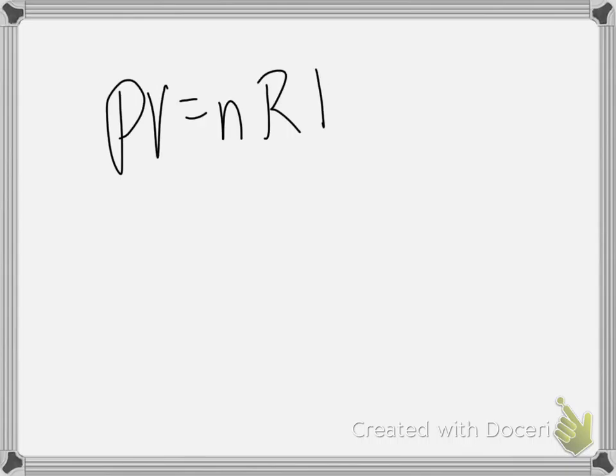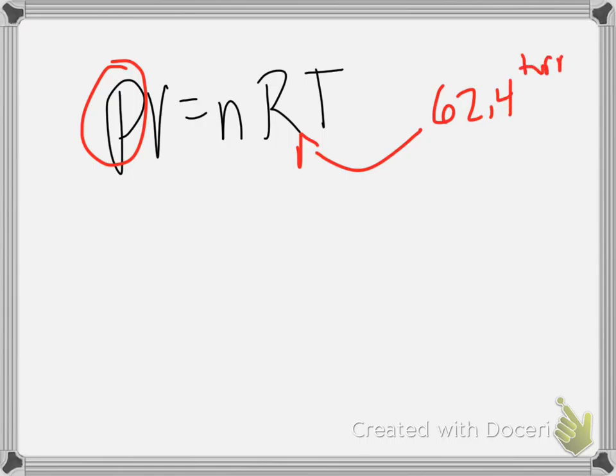Some of the good questions that were brought up. If you're using the ideal gas law, does it matter which R you choose? Do the units matter? Well, of course they do. But if you're finding pressure, do they matter? No, but what you have to know is that whatever R you pick, so if you pick 62.4 torr liters over mole Kelvin, your answer for pressure is going to be in torr. If you pick the one that's ATM liters over mole Kelvin, your answer for pressure is going to be in